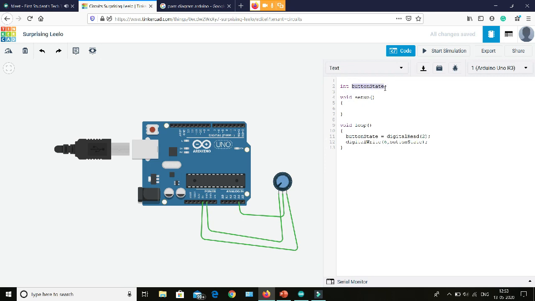Now we will write analogValue equals. In order to read the analog values, we will write analogRead. We are using pin A4, so we will write A4. That's it. In this way we can read the analog value. But where should we write it? I am writing it on a PWM pin.